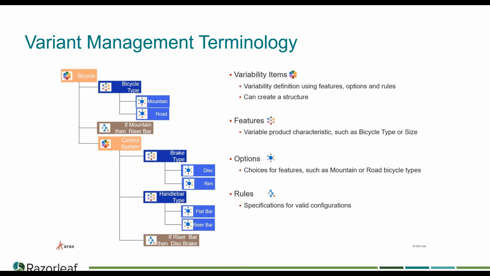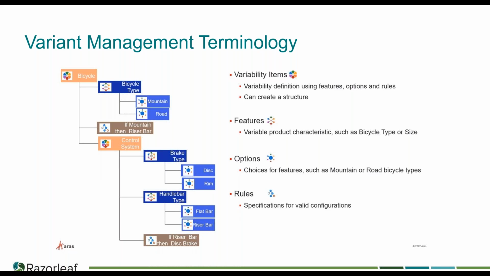And then moving on, we have some of the lower level things that work a bit behind the scenes within variant management. First being our variability items. These are what hold the rules configuration. So they have children features, children variability items that allow the administrator to build rules that will enable our valid